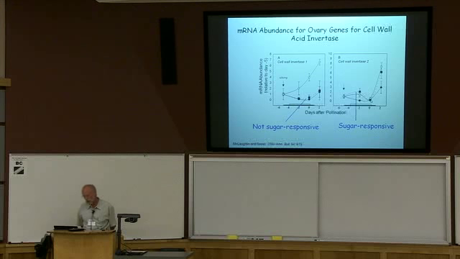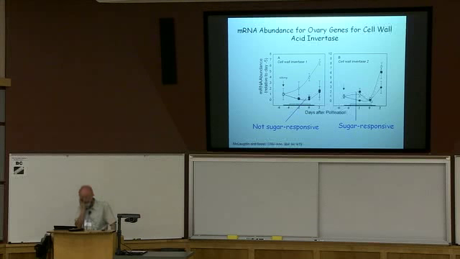But on the other days, you can see that there was a specific downregulation of the expression of this gene for cell wall invertase 2, and it was fully reversed by feeding sucrose. We think that the lack of response of cell wall invertase 1, but the full response of cell wall invertase 2 to sucrose feeding could probably account for why we saw only partial reversion of cell wall invertase activity, and also all of the succeeding steps in our